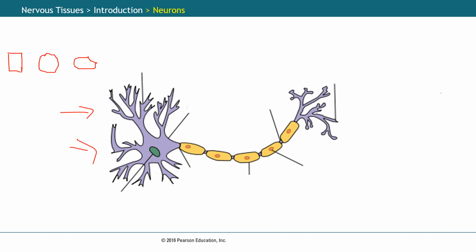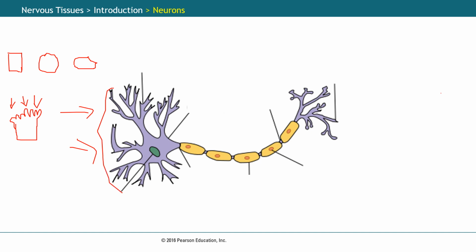Why do you think that happened? Let's remember other types of cells. In your gut, you have cells that have all this microvilli, and you have this microvilli in your intestine because you increase the surface area for absorption. Here you are also increasing the surface area in this region,